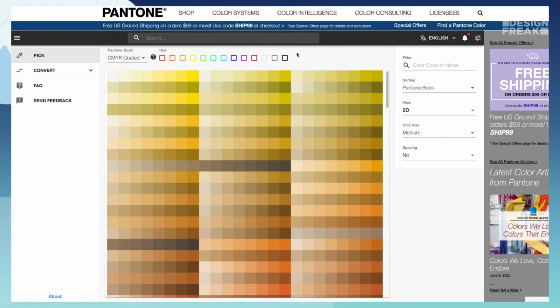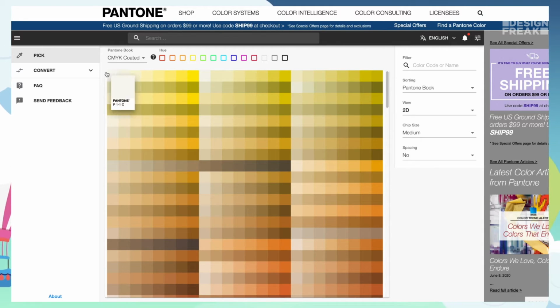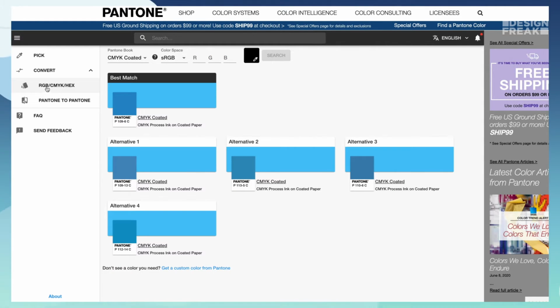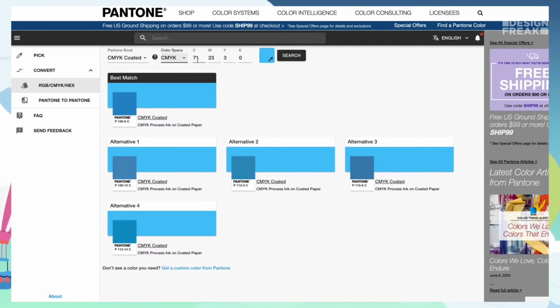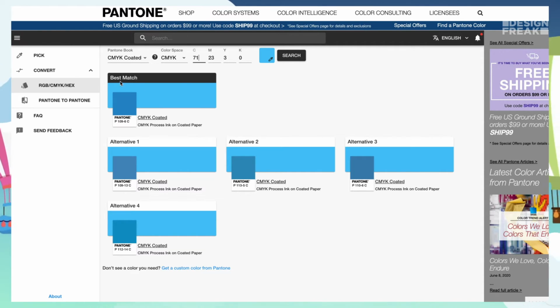Now as you can see, I have these color pickers open where I have the exact Pantone shades mentioned when I'm hovering over it. But since I want to convert it, I have an option of converter right here on my left. Go to the CMYK, RGB or the hex code, however you'd like to get it, and right here I'm going to type the CMYK values which I wanted, which was 71, 23, 3, 0. When you color pick it from your Illustrator or Photoshop file, once you get it, you're going to get the CMYK best match, Pantone best match right here, and the alternate options.